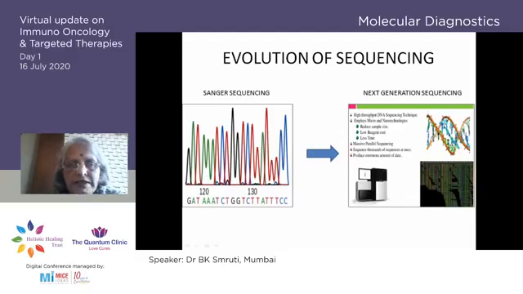Now, how has the sequencing evolved? You know that it began in 1977 when Sanger received the Nobel Prize for the Sanger sequencing. And from then on, over the past 3 decades, it has moved on to the current next generation sequencing, which is a high throughput DNA sequencing and has very important advantages of a small sample size requirement, low reagent costs, and a quick turnaround time as compared to sequential testing that we were used to doing in many solid tumors.